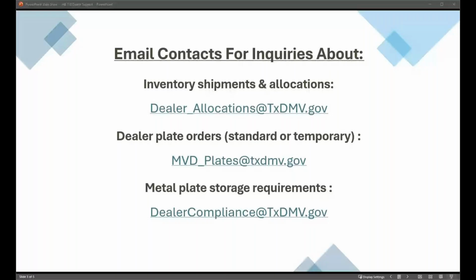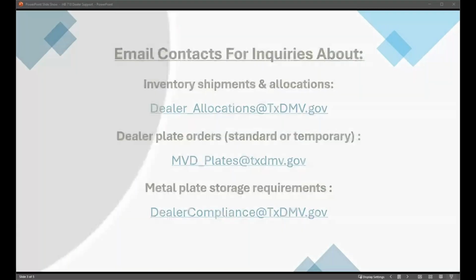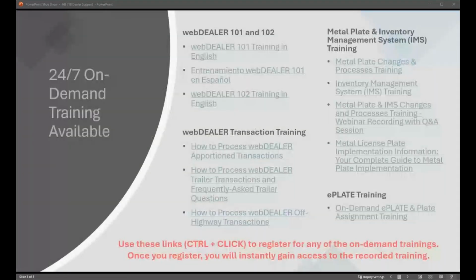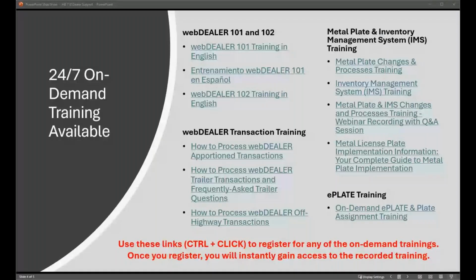As another reminder here, for those vehicles that were sold before July 1, you are not assigning those black and white plates. If you had issued those buyer's tags, those will still be valid until they expire.